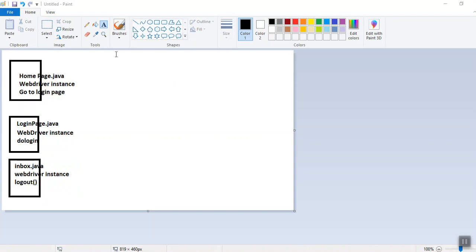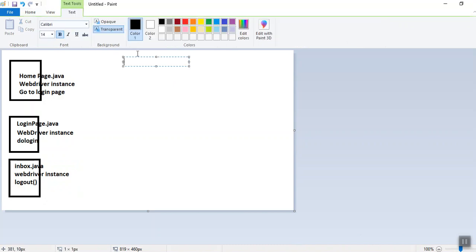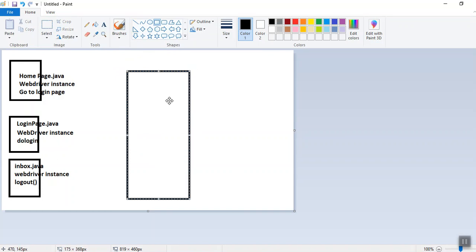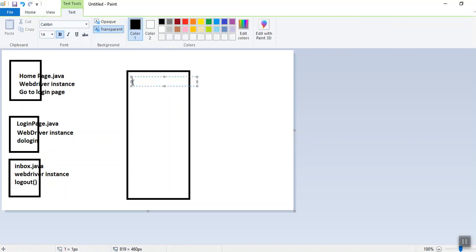Now suppose this is our test case. What we will do is first of all create the object of the home page.